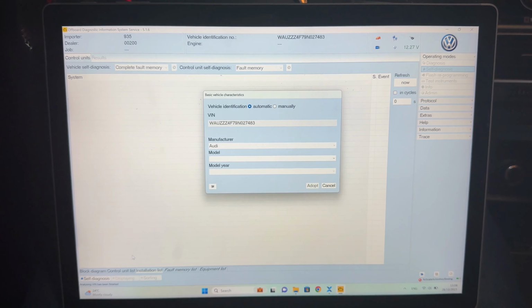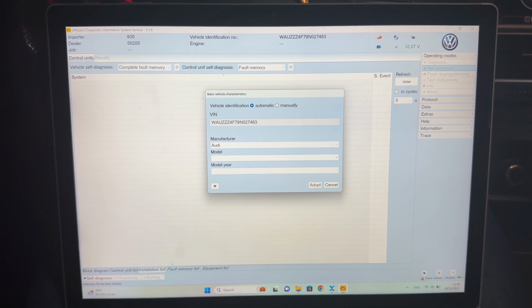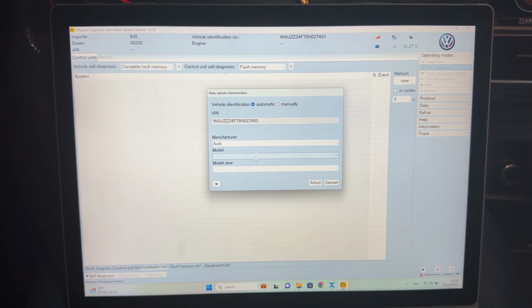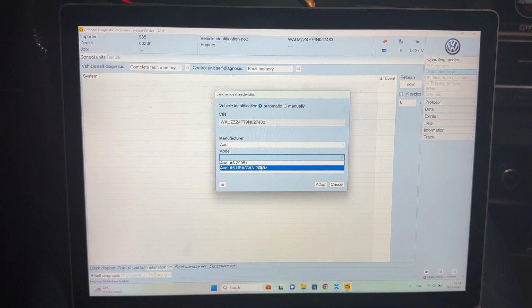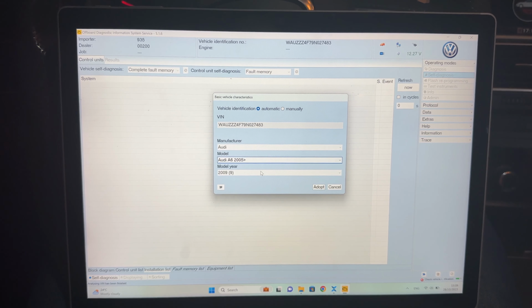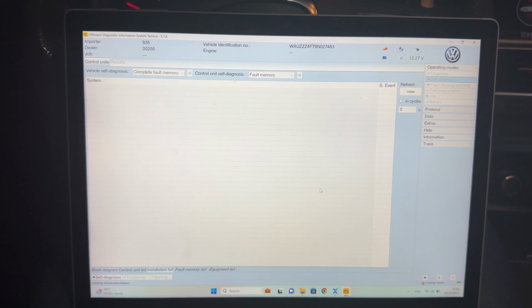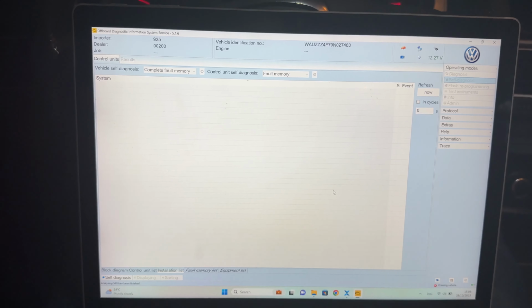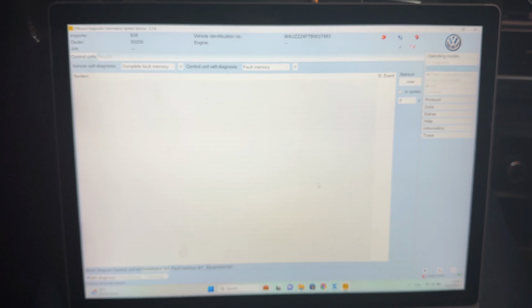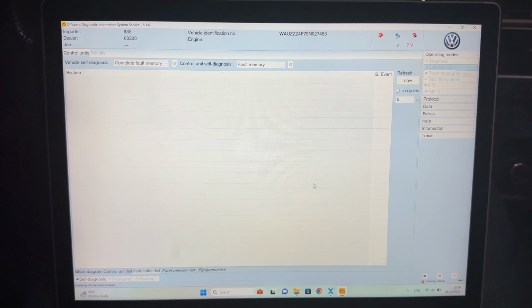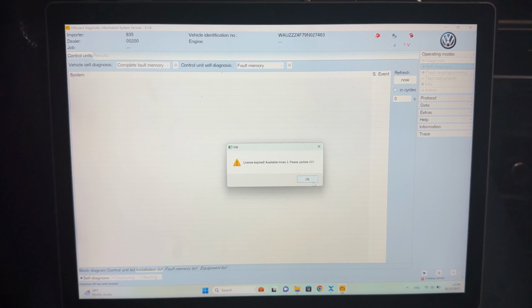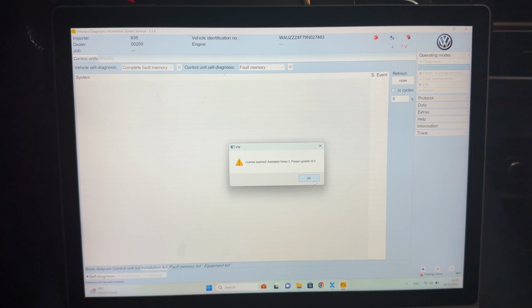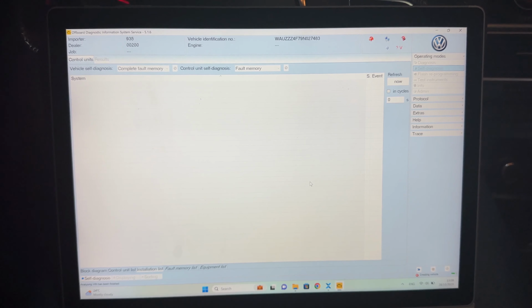This is gonna take a while, probably longer than VCDS, so we're just gonna click start self-diagnosis, and wait for it to go through the control modules. Of course we'll have to select the model of the car used for this analysis, and it will do the rest. So we already have the VIN number identified, and now it's going to just go through each control module as VCDS was